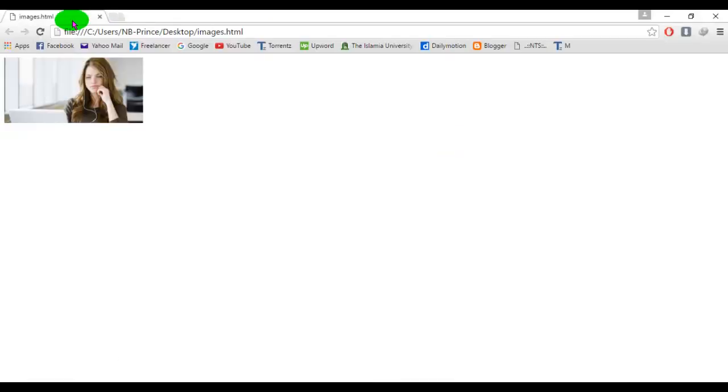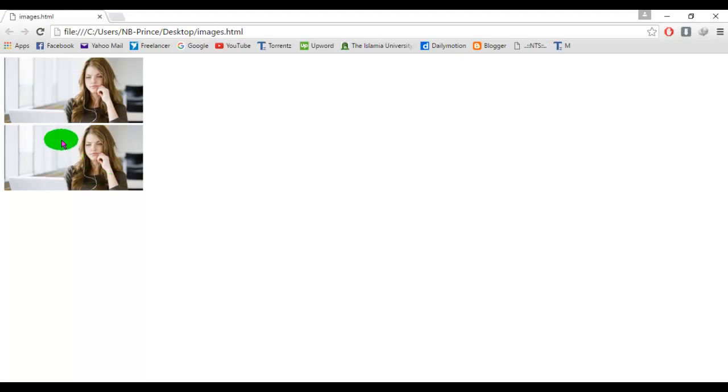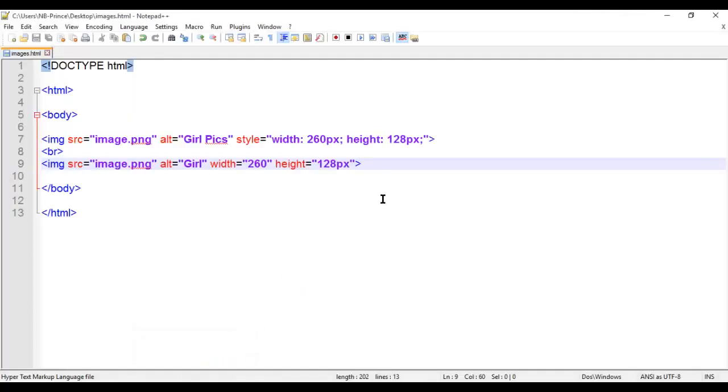Let's see what happened in the browser. Now the same width and height has been set as I gave in the style attribute. So these are the two methods to give the image width and height.